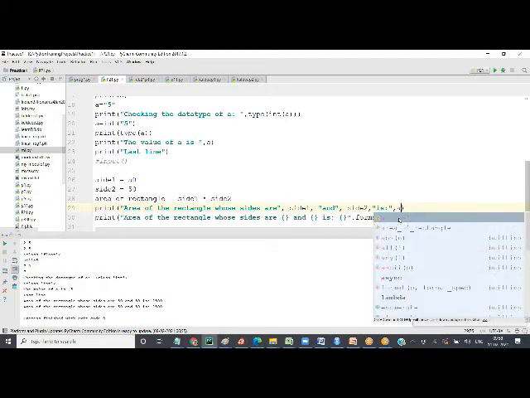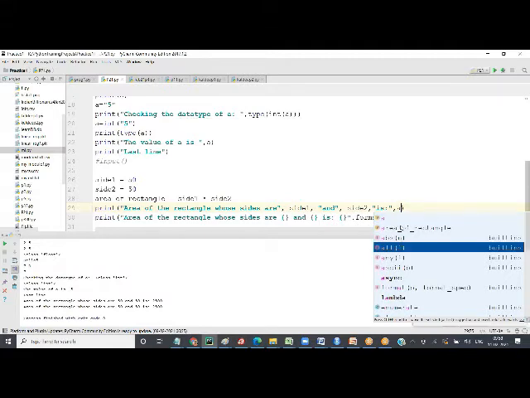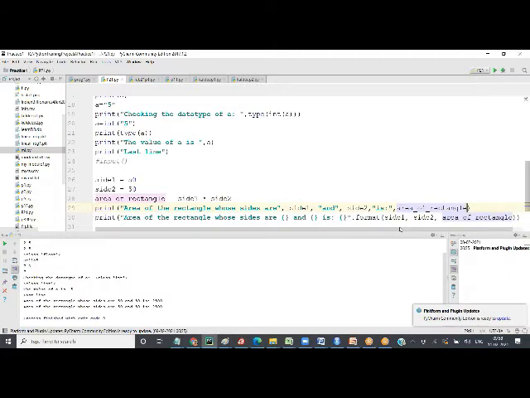See, here when I say area, it has given a suggestion. That's why we call these intelligent editors. You don't even have to type fully. You just go here and double click on this, making sure that you are not playing with the spellings. That's how you should do it. Okay, coming back to this.